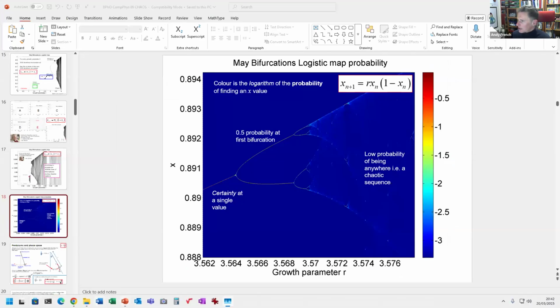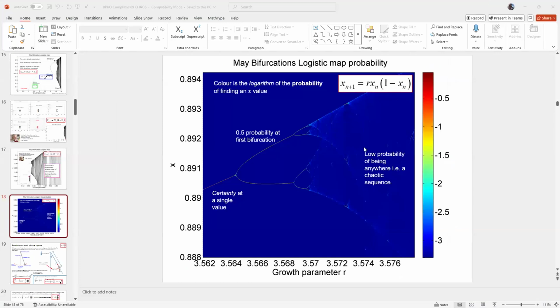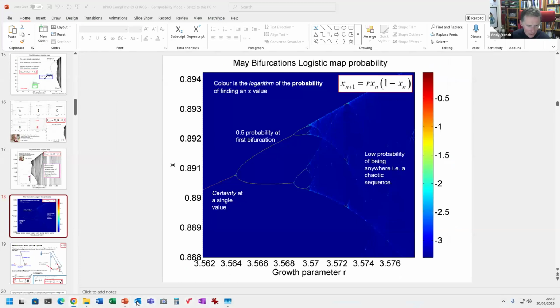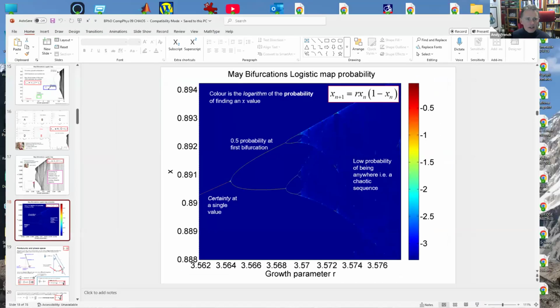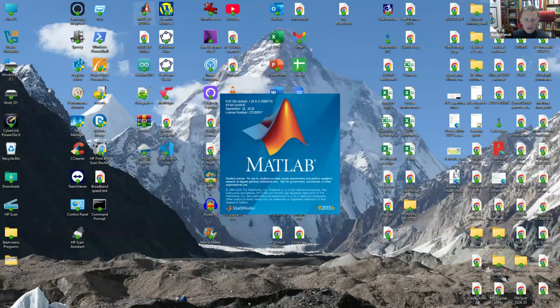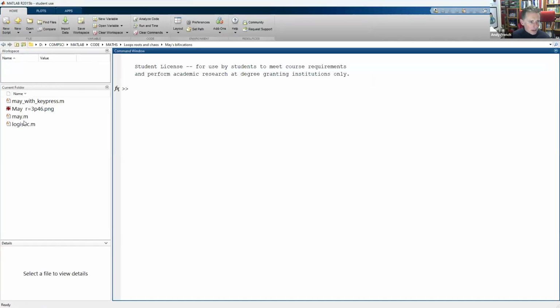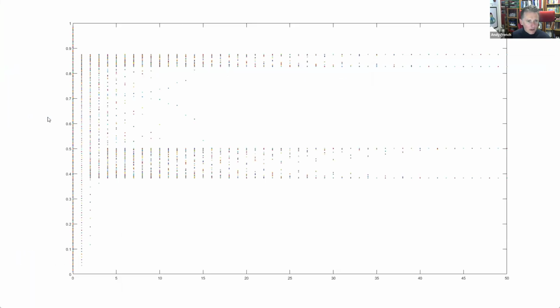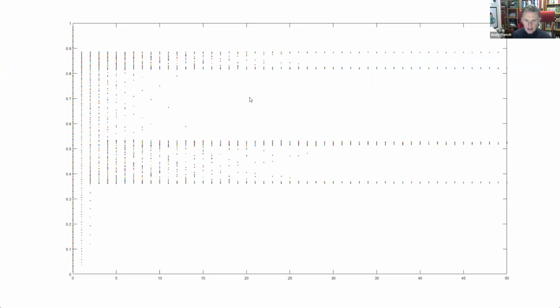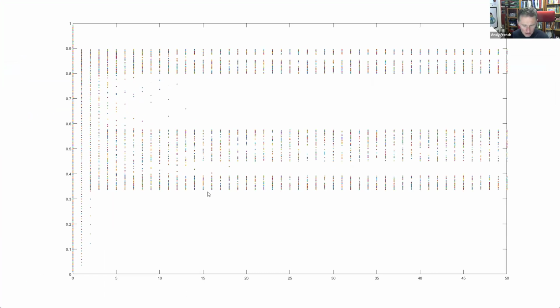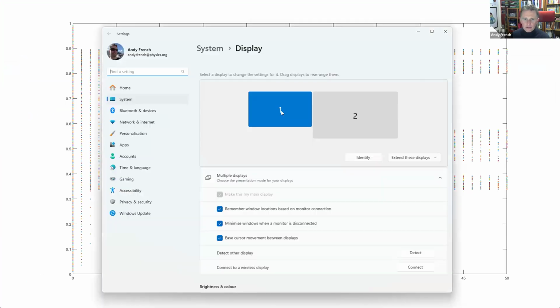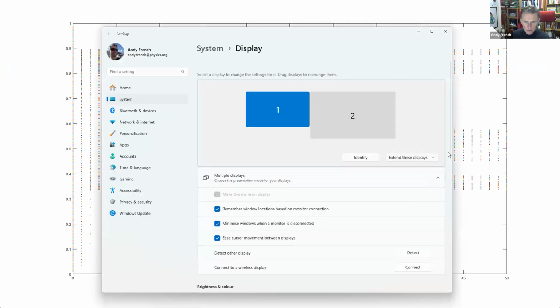I think I've got a more dynamic version. Am I still broadcasting, by the way? That didn't take out the line. Yes, it's all good. Right. So I'll see if I can load that. I've got one where you can move a mouse pointer, and you can kind of see this going. Let's have a look. So maze bifurcations. I think it's made with key press. Right, there we are. I don't know quite why I'm not seeing it all on here. It's because I've got to change my screen resolution. Bear with me. Right, let's go for display settings.